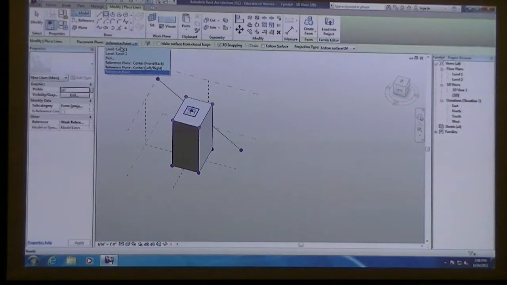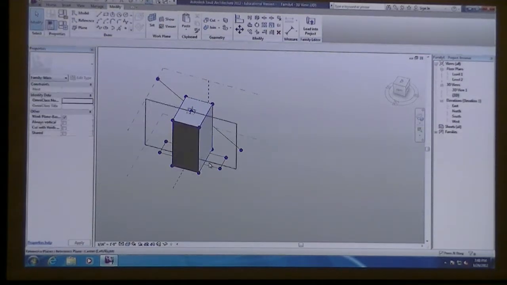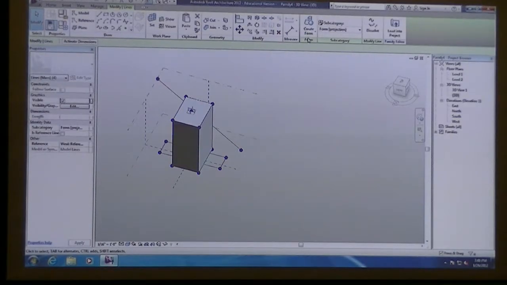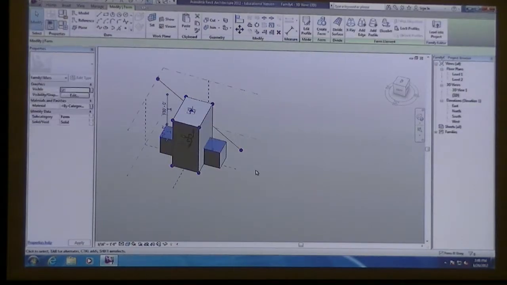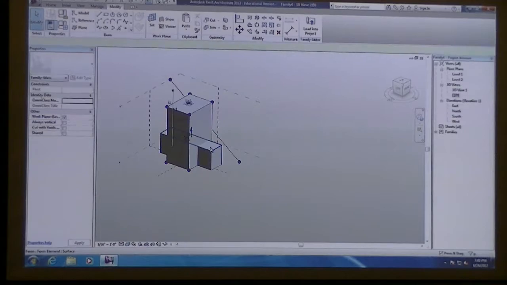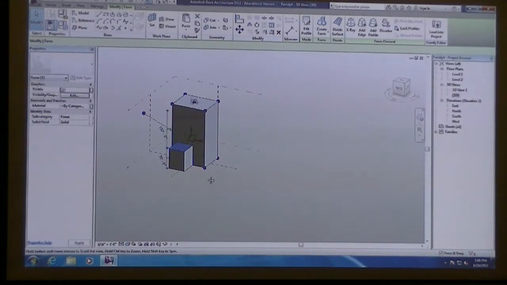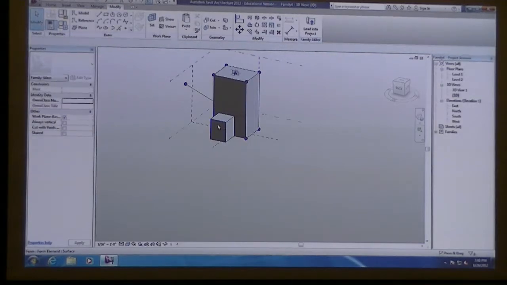So on level 1, I'm just going to draw a rectangular box. And when I create this form, I'm going to create it as a solid form. The reason I'm creating it as a solid form is as soon as you make a void form, it disappears and it's hard to assign parameters to it.